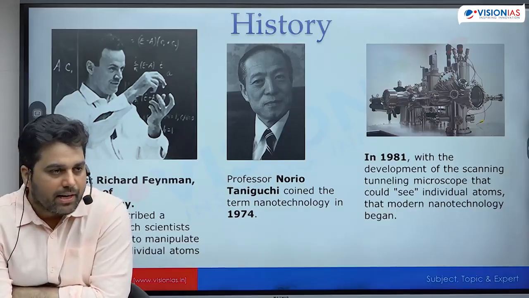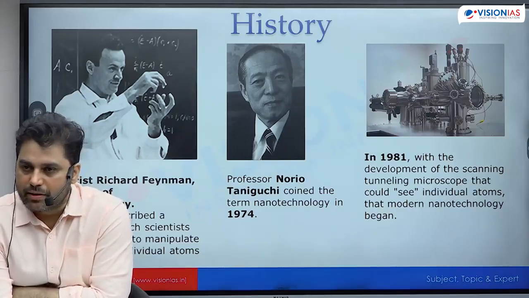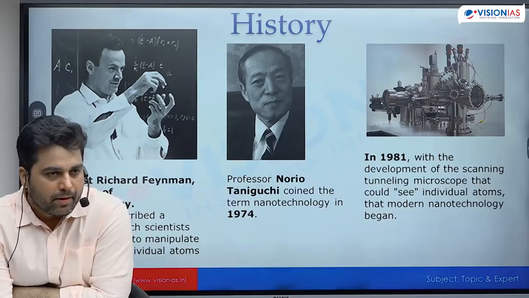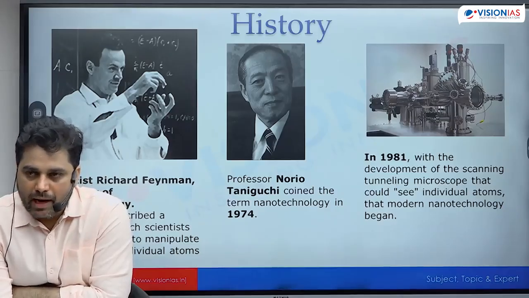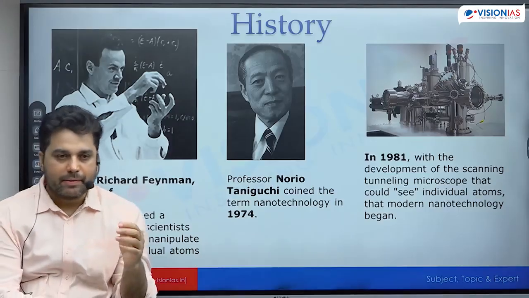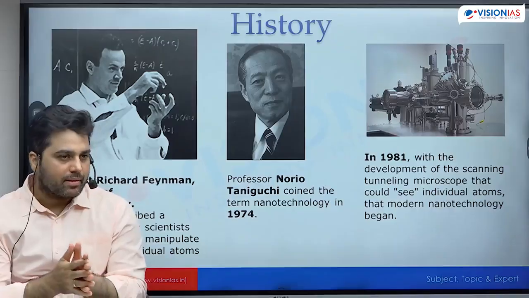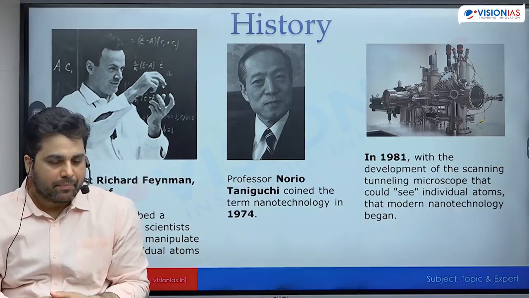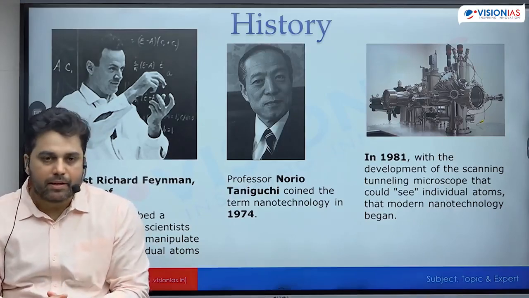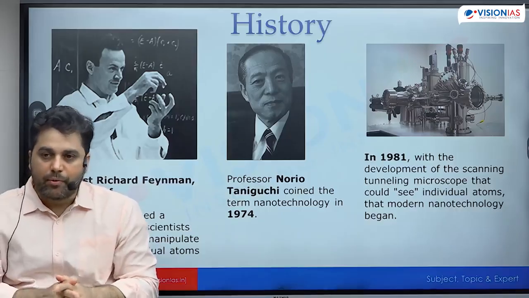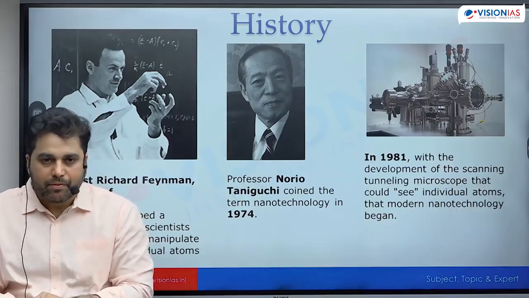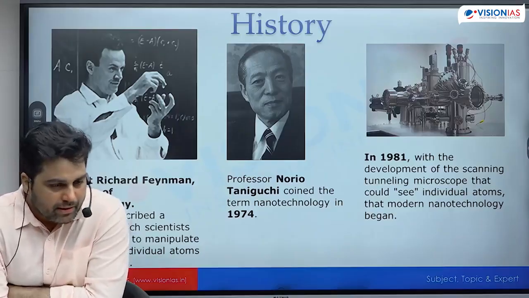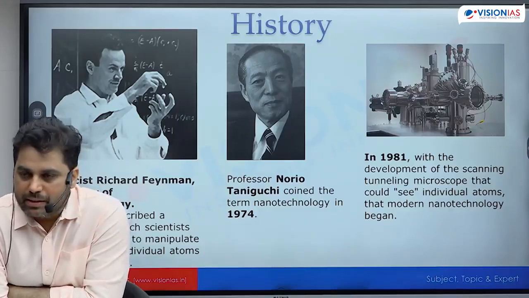And that led to a lot of development in the field of nanotechnology, because it essentially does involve manipulation at atomic and molecular scale. So nanotechnology has been a domain in the making for the last few decades, but in the last 2 decades particularly, this field has witnessed significant developments. And I'm going to talk about the various applications we already are using, and what can be even future applications, which right now we are not using, but maybe we will in future. But let's start with the first thing: what is unique about nanomaterial.